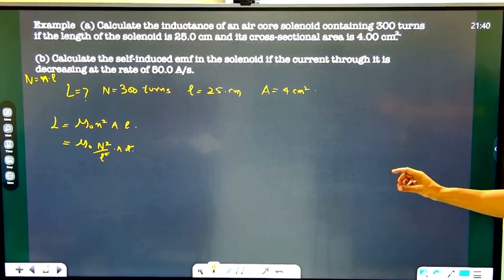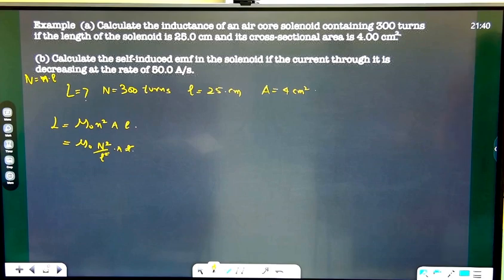Remember this, small n means number of turns per unit length. Sir, ampere per second and centimeter, are they in the same SI unit? Ampere and centimeter, same SI unit? No, how? We have to